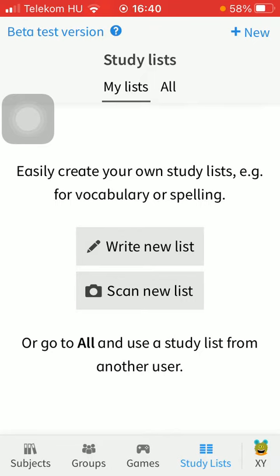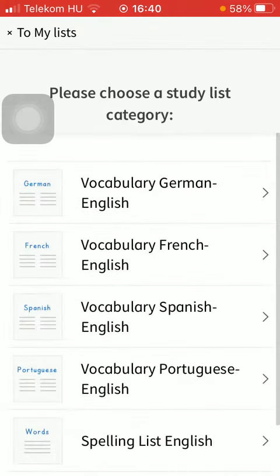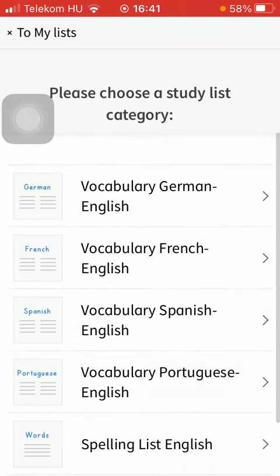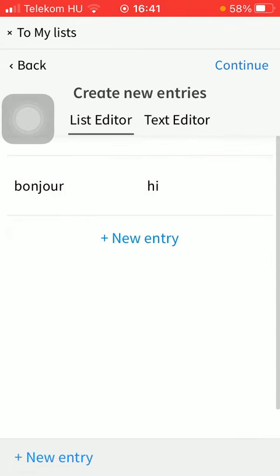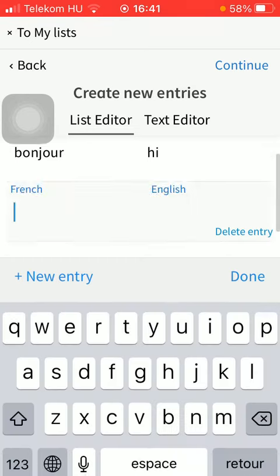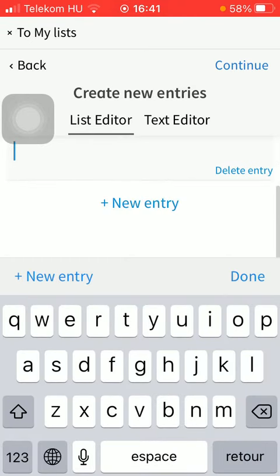So if you want to write a new list, just simply tap on the first button in the middle of the screen. Here you can choose a study list category, tap on the relevant one, and now you are ready to add a new entry. For example, I am going to type in this simple French word and the English equivalent to that one. If I want to add a new one, just simply tap on the new entry button and